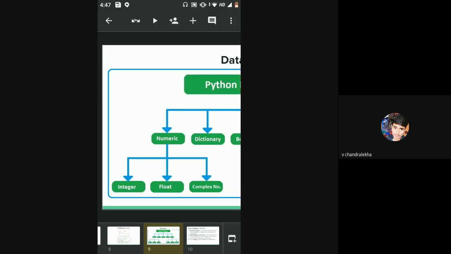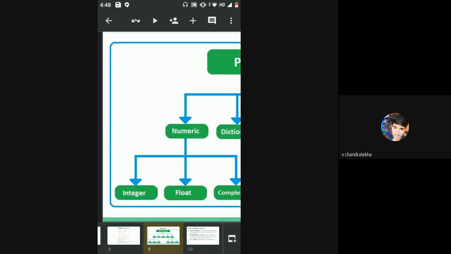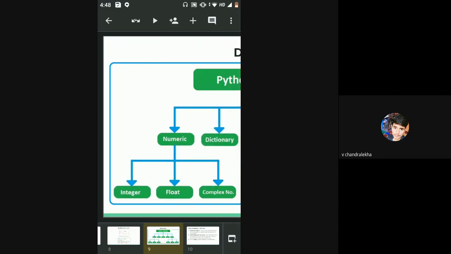It may be useful in complex mathematics, and you can assign a complex number to a variable on your own. But since it's not very useful, and I'm not sure how many of you know complex numbers, it will be a little confusing. So we'll talk about float right now.